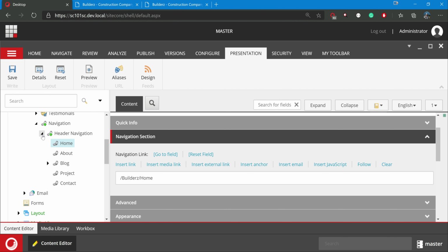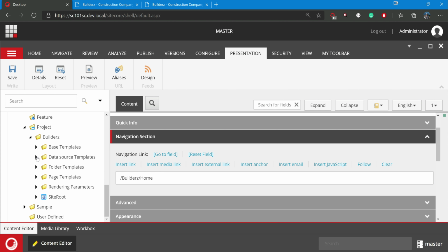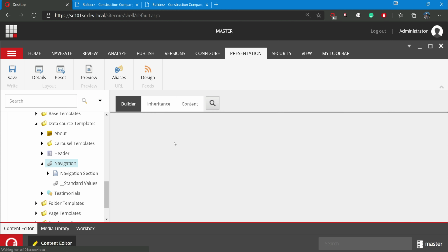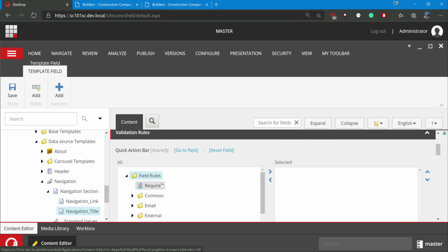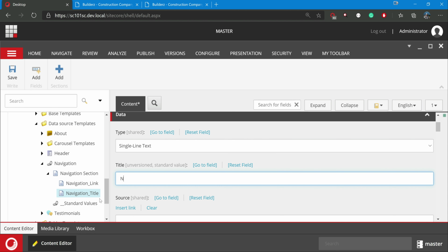So let me go to the data source template and go to this section, add navigation title. We can also add that hidden navigation and everything, and I can go to navigation title, save.